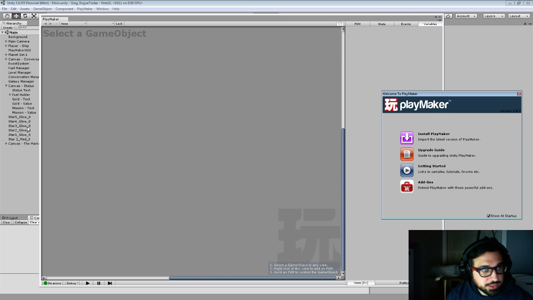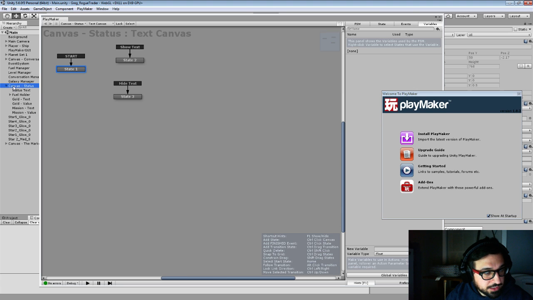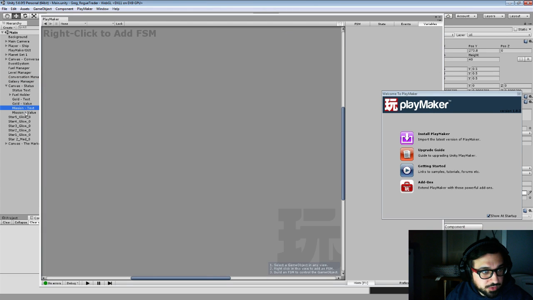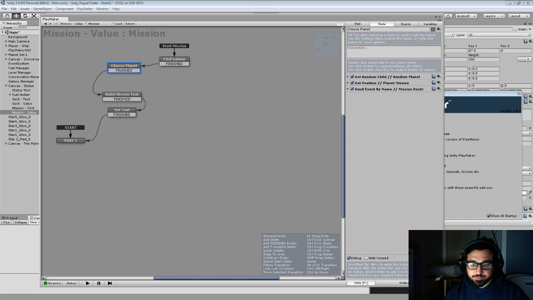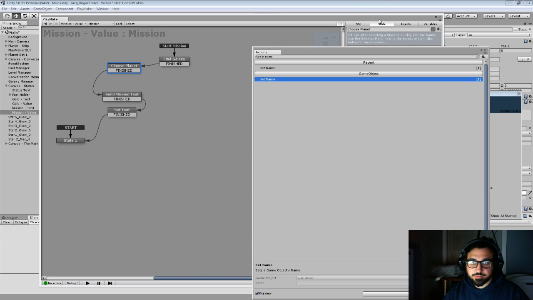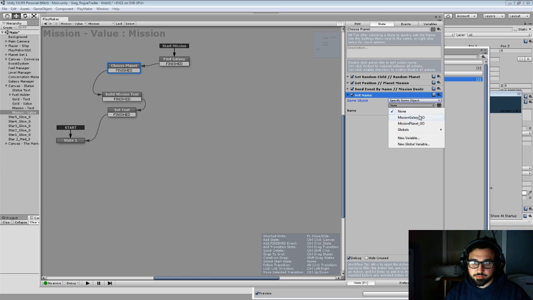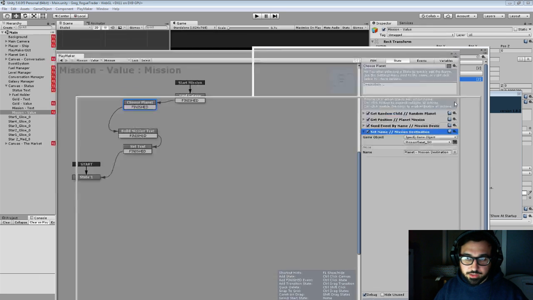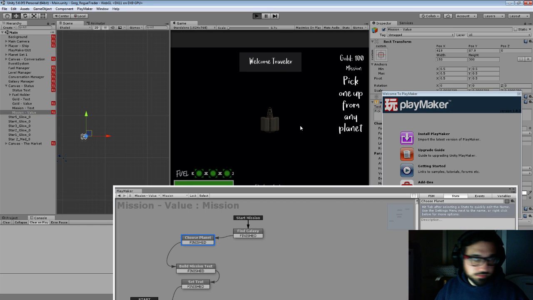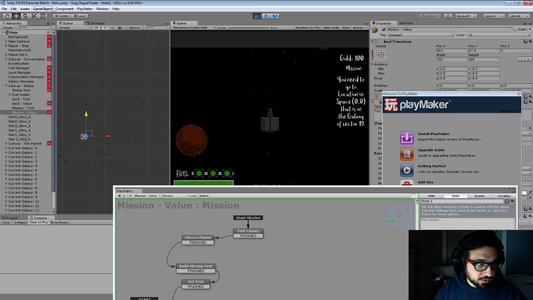And while I'm at it, I'm actually going to change the name of that planet to make my life easy. So when I choose a planet, I'm going to change the name of it. Mission destination. I'm going to call it first planet. Planet hyphen mission destination. Alright, cool. So when I choose a planet for a mission,